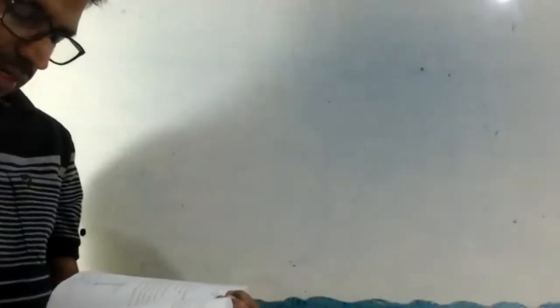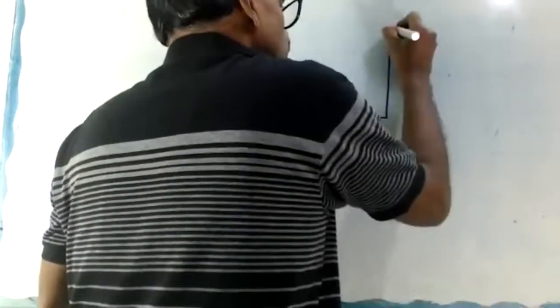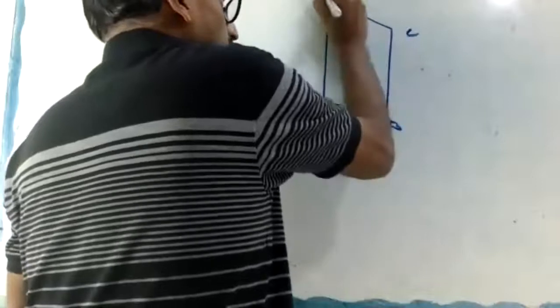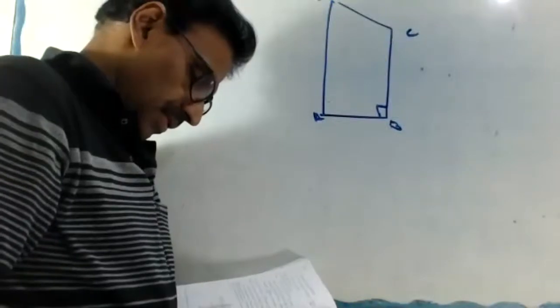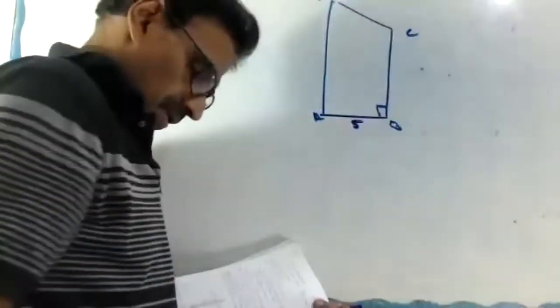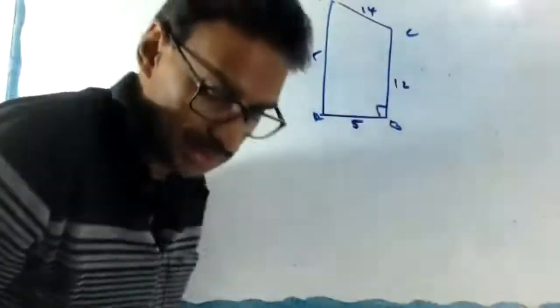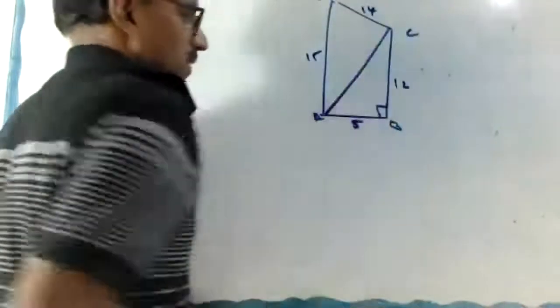Okay. The sides of a quadrilateral are 5, 12, 14, and 15 respectively. The angle between first two sides is a right angle. That means here again same figure only. It's a rough figure only. A, B, C, D. These two sides are right angle. Here 5, then 12, 14, 15. Forget about the length. So it's just a rough figure only. So we can join this one like previous question.